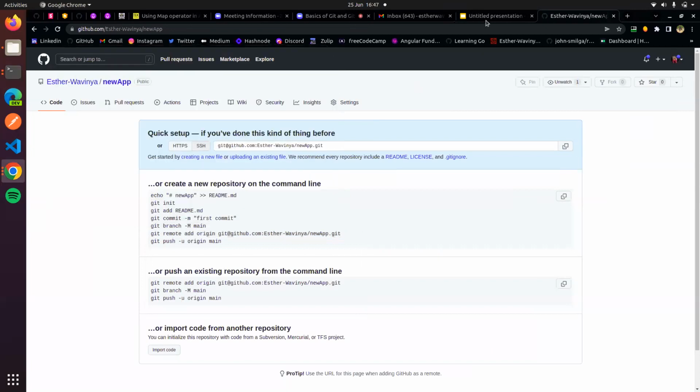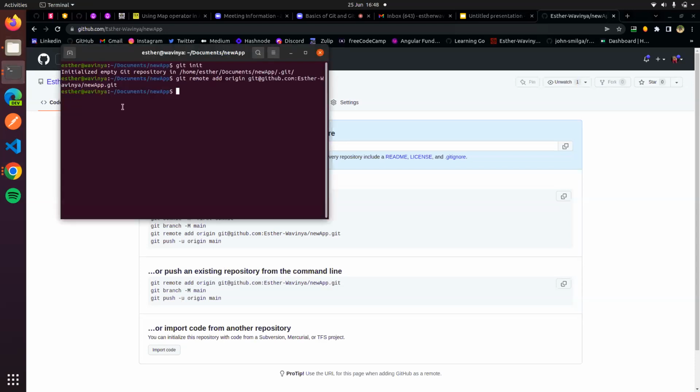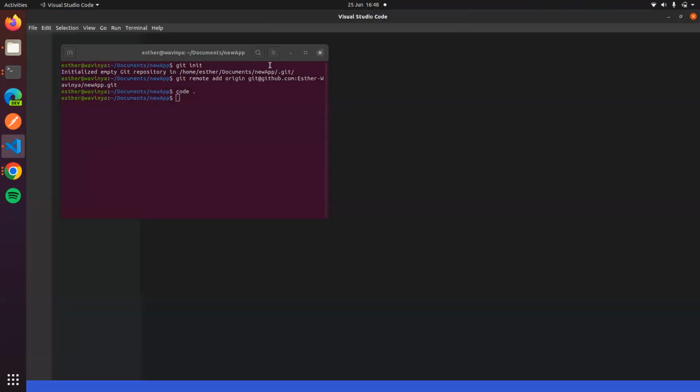Okay. So in this command, git remote add origin and then the link to your Git repository, we are telling Git to add